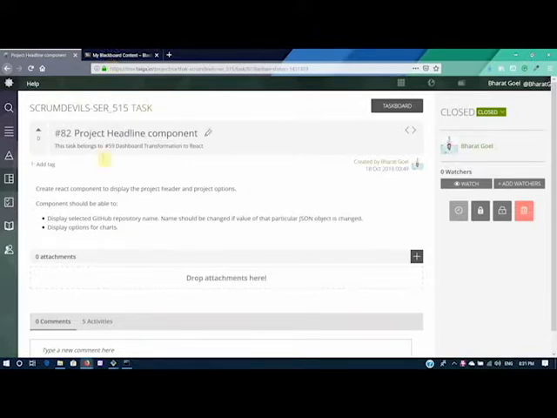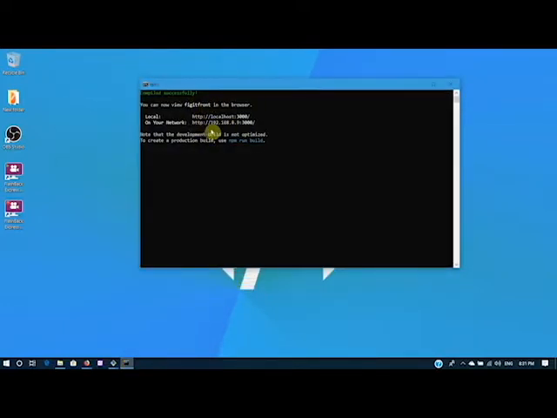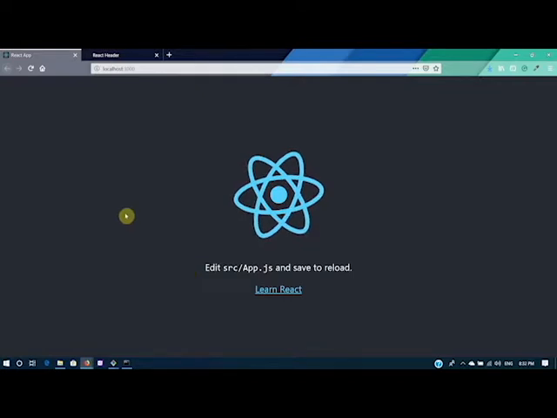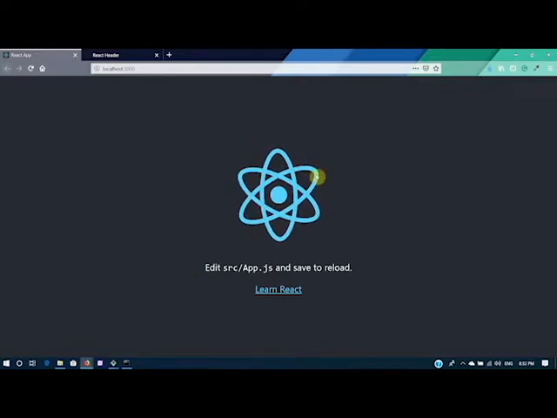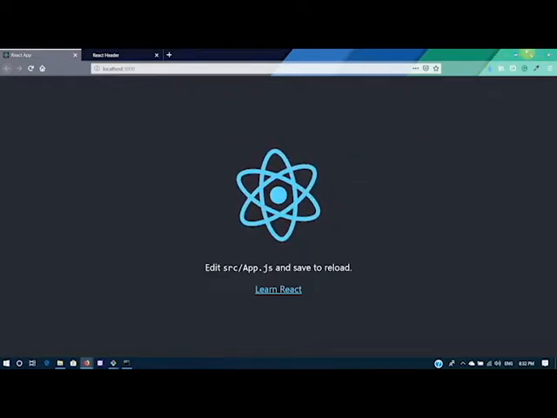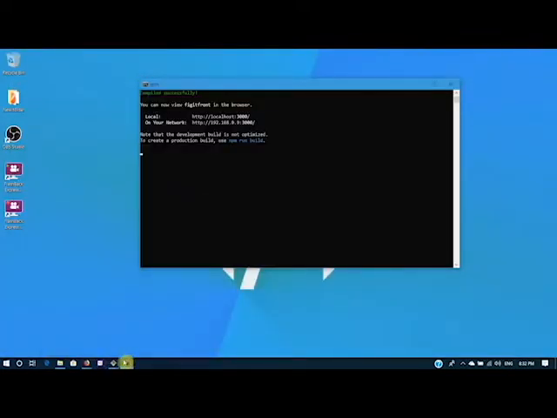From my first task, you can see over here that this is my server running for React.js, and you can see that this is the React coming up. This is the default state when React is set up and nothing has been changed. So React is in the default state right now. After this, as my second task, I created